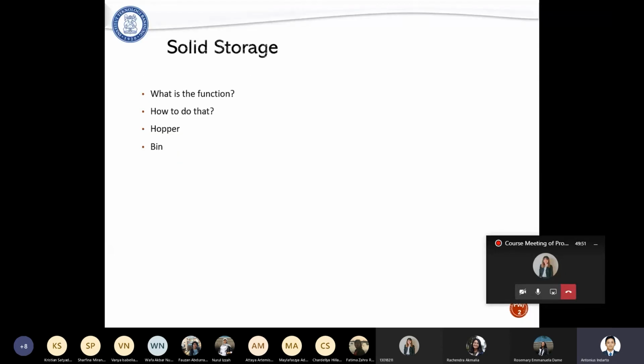Then I will start with the solid storage. This one is also very important. When we have a product in solid form or we have feedstock in solid form, we require a solid storage.